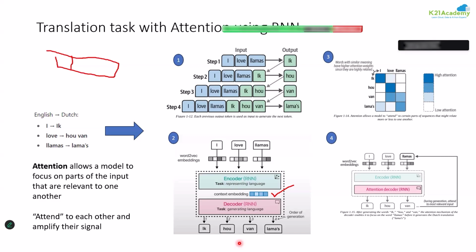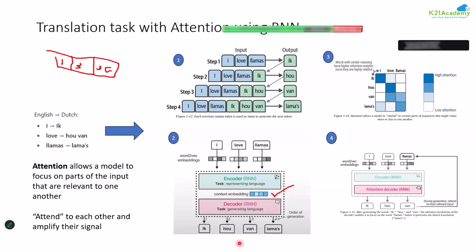Context embedding basically means, if there are three words, I'll give you an example. Suppose this is equal to 1 and this is equal to 3. Now tell me, llama is more related to... just to help you understand, if I want to give a more meaningful representation to this llama, maybe I'll say 3.5 something. I'm just giving an example.